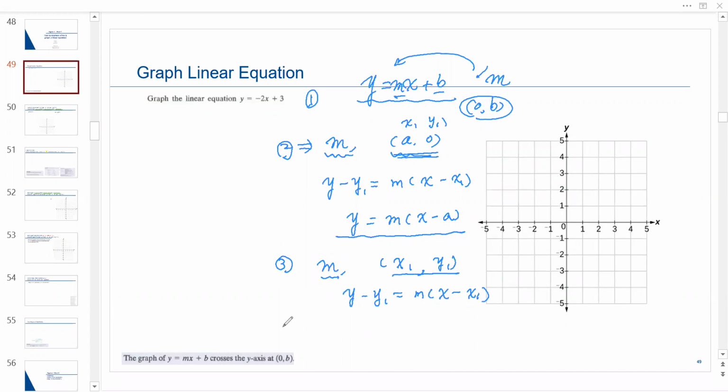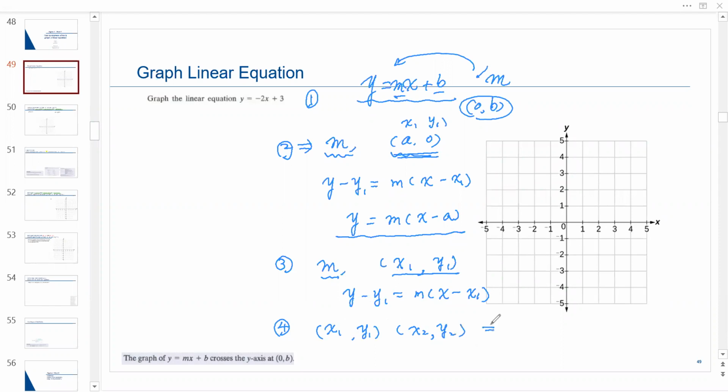The fourth one: if they tell you two dots, a first dot and a second dot,